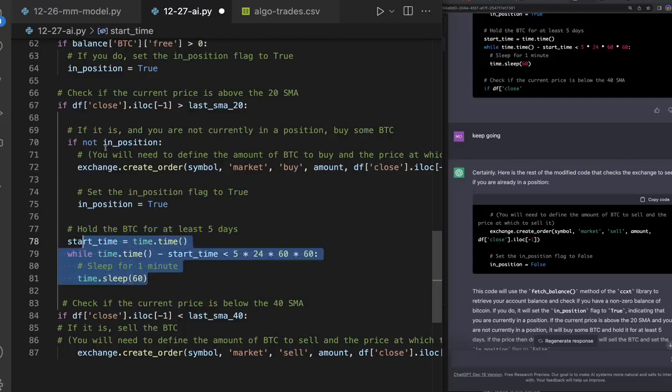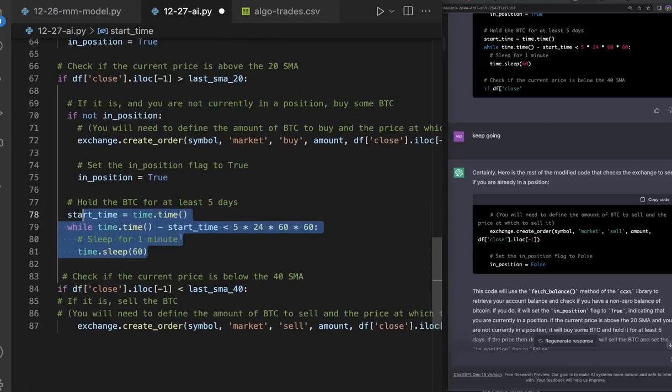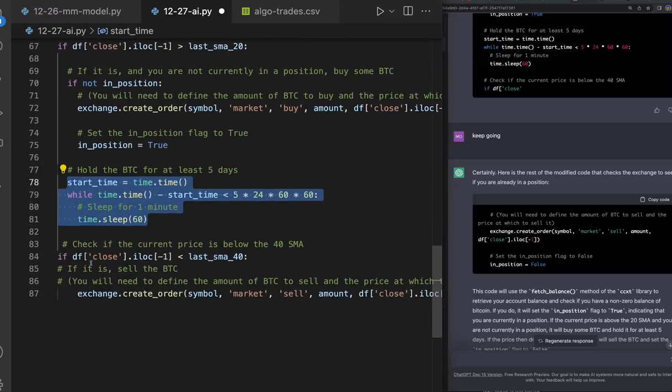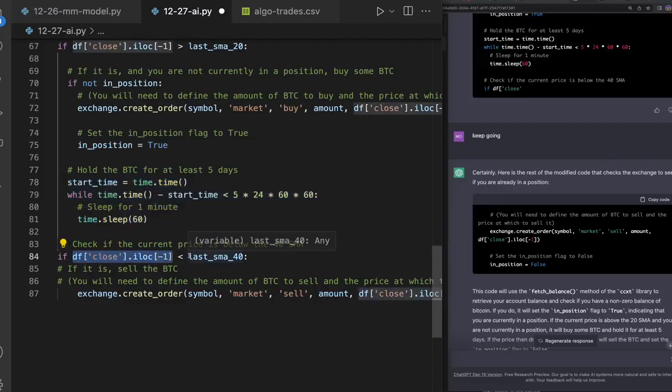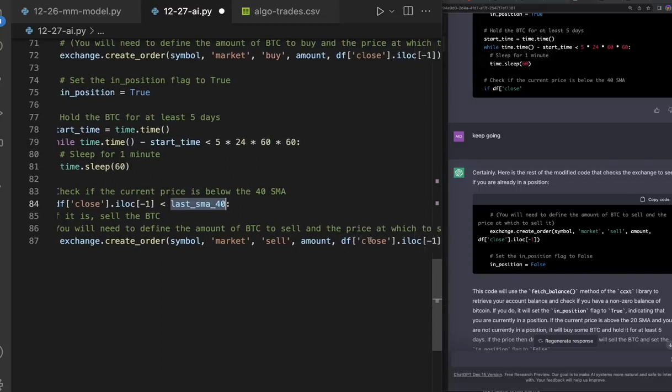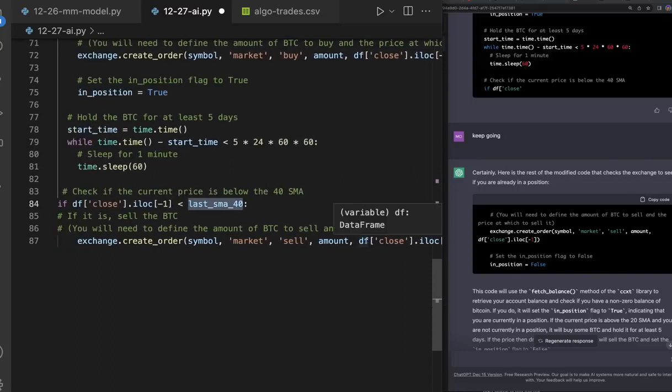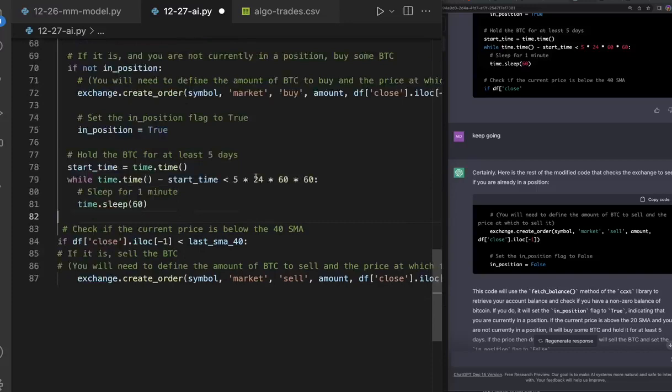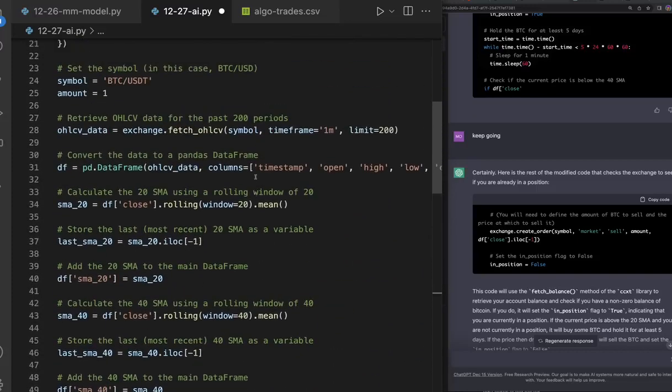It's just going to make the order. It's going to be a market order. And then it's going to sit for 5 days. And then it's going to check if the data frame close, iloc -1, which is pretty much the price, is less than the last SMA 40, then it creates a sell order. So what I would need to do in order to actually get this functional is